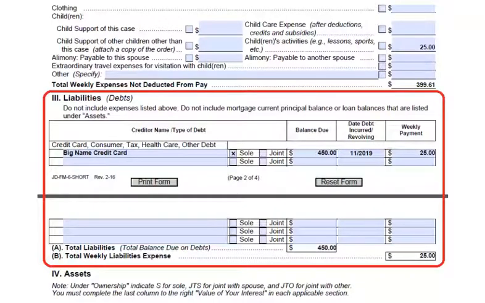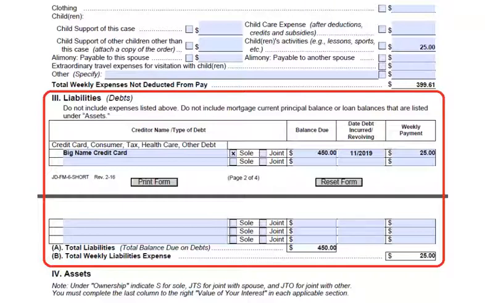Section III, labeled Liabilities, includes all debts that were not included in Section II, Weekly Expenses Not Deducted from Pay. These types of debts can include credit cards, store cards, and installment plan purchases. In the boxes provided, enter the name of the creditor and the type of debt owed. Check the box to indicate if this is a debt that is yours alone or a joint debt with your